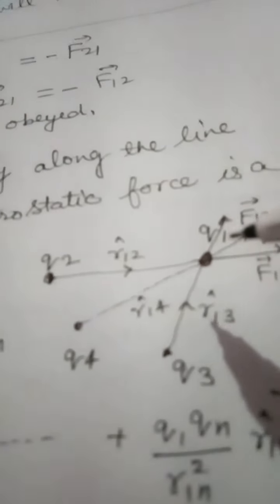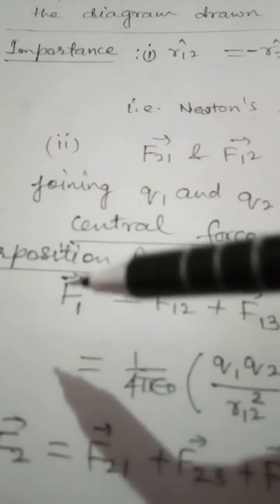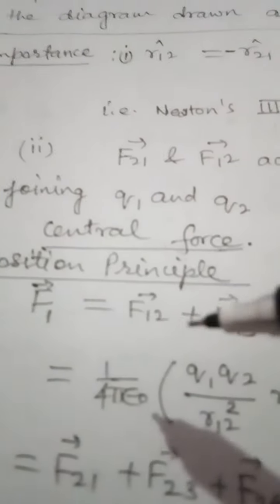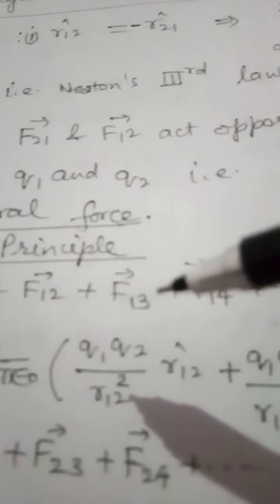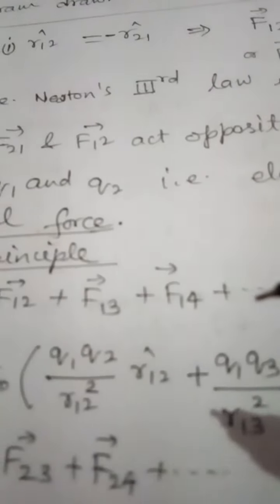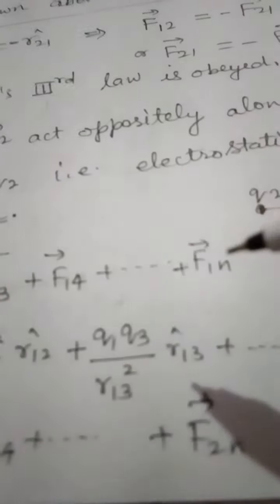So all these are vectors. So we have a net sum of forces on 1, the force acting on one body due to all others. So it is force 12, force 13, force on 1 due to 4, force on 1 due to 5, if there are n charges. We can write the expression, as you know, 1 upon 4 pi epsilon 0 is common for all. Between these two, q1 q2 upon the distance between them, r12 square, r12 cap, plus q1 q3 upon r13 square r13 cap, and so on till the nth charge.